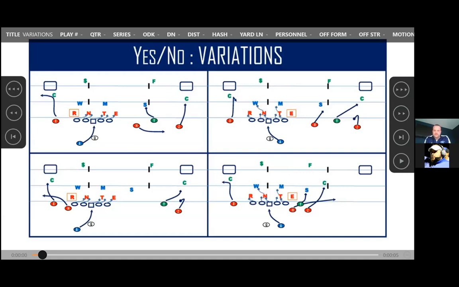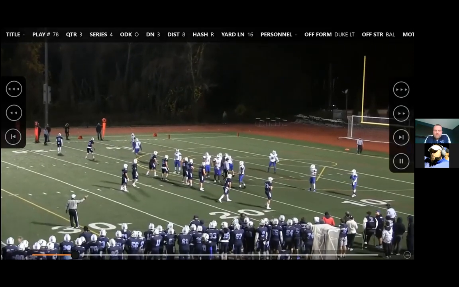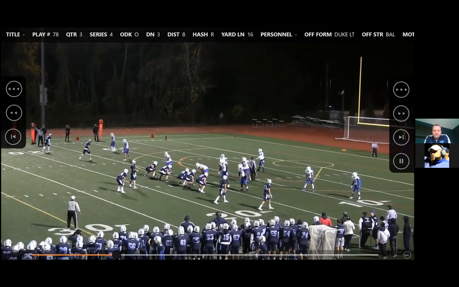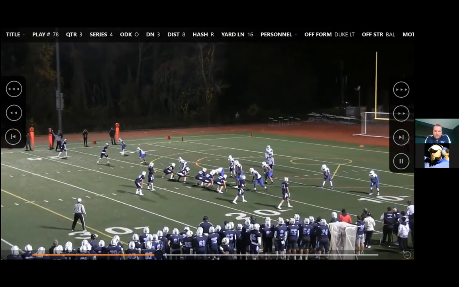So this is just a way to attack the perimeter a little bit faster. This is just a flat screen, and obviously we can do it out of 3x1, whether it's compressed, which those 2 pictures are, or if it's separated. So you'll see those 2. Here, we're just starting off with a bubble screen down at the bottom. Our quarterback looks at the box. It's not a bad box to run the ball.